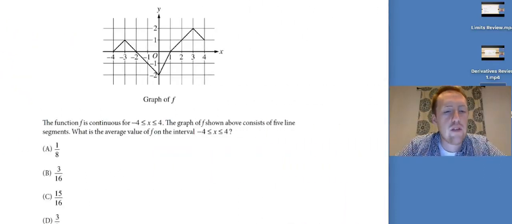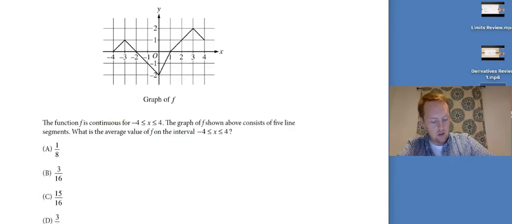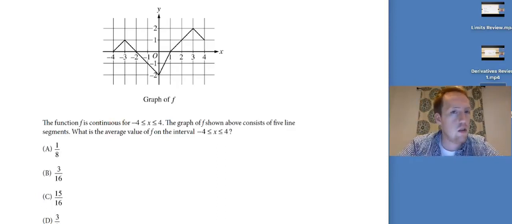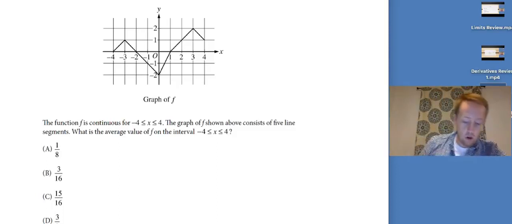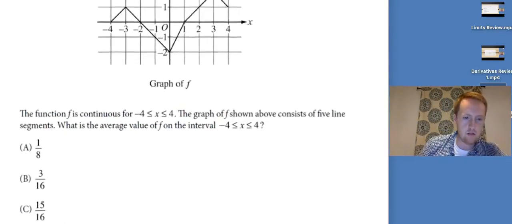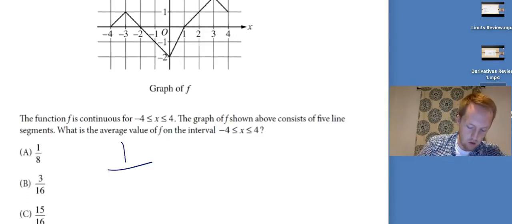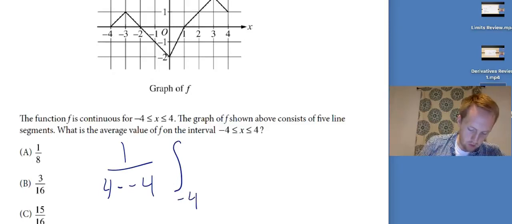Okay, the function f is continuous for -4 to 4. The graph of f shown above consists of 5 line segments. What is the average value of f on the interval from -4 to 4? Well, I've got answer choice D cut off, but don't worry, that's not the right answer. Average value, remember that's the 1 over b minus a thing. So I'm going to have 1 over 4 minus (-4), the integral from -4 to 4,